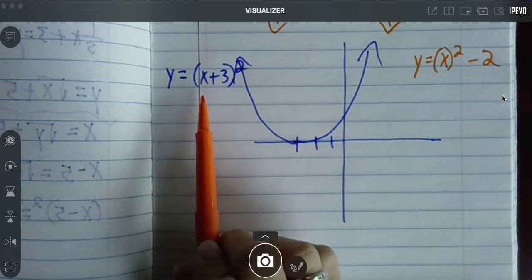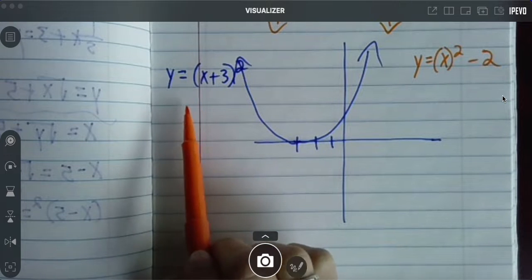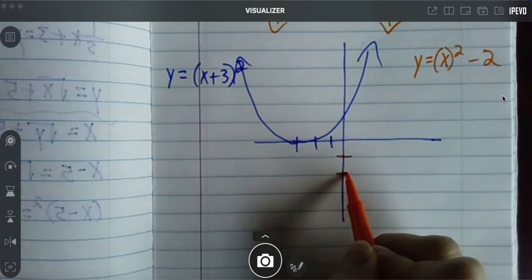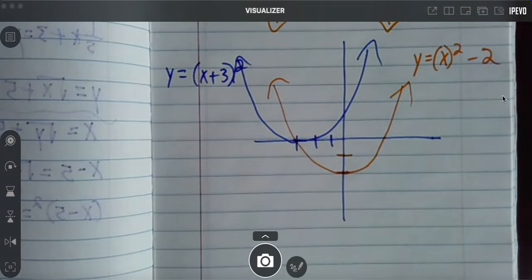And this is actually something we're doing in advanced math right now. I'm still doing all this with graphs. This moves left or right. This moves up or down. So I would go down 2, and then I'd have my parabola like that. Okay, that was my x squared. Now today,